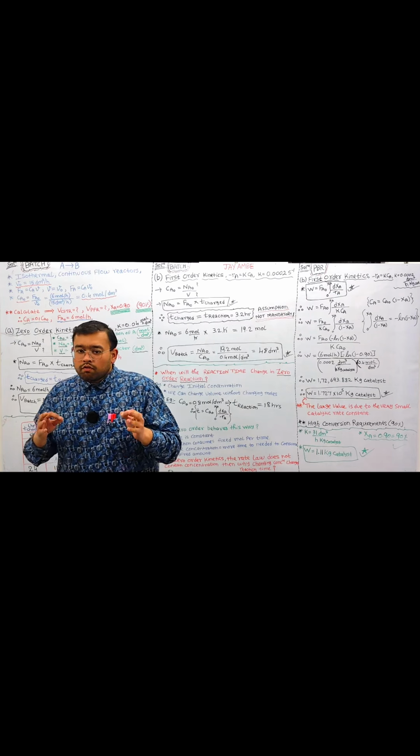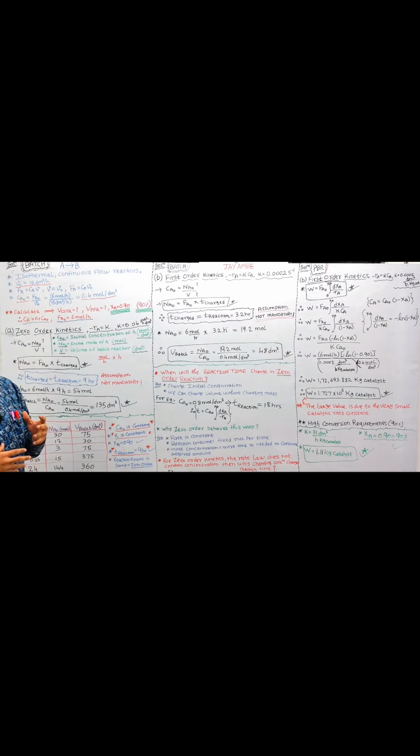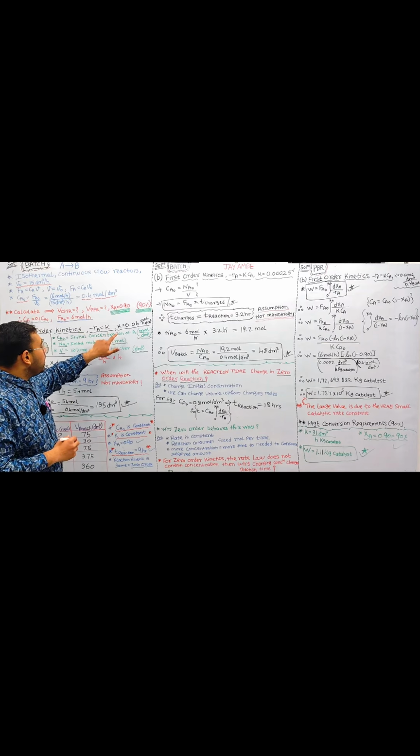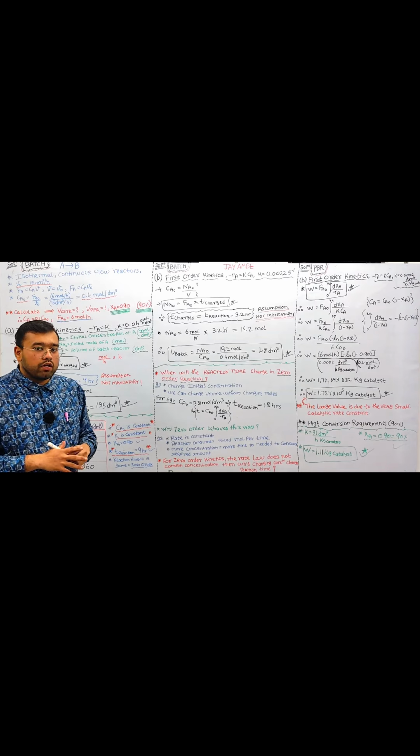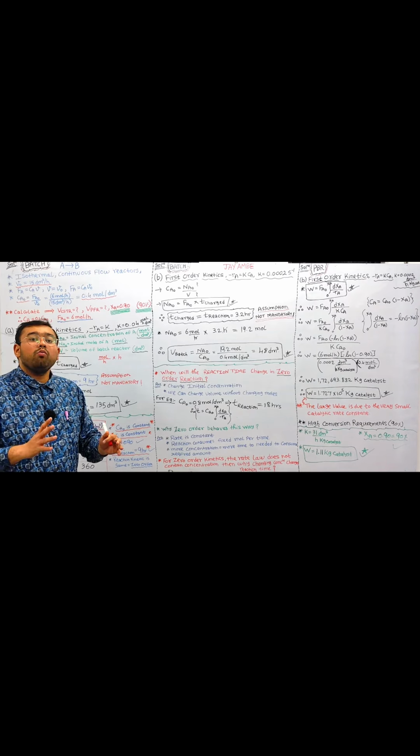First of all, we are going to calculate the volume of the batch reactor by using the zeroth order reaction kinetics, where the given rate law is minus rA is equal to k, with k equal to 0.04 moles per hour per cubic decimeter. Let's say we have a certain volume of the batch reactor in which we have an initial concentration of reactants present, but yet we don't know how large the volume